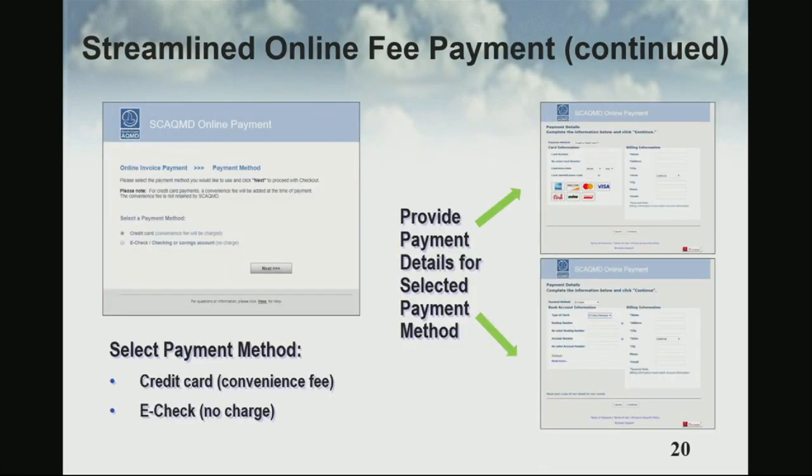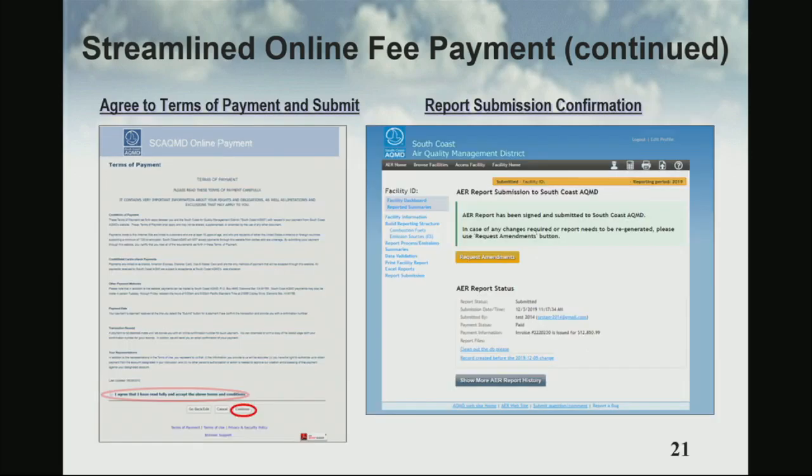So when you go to the next step, it'll ask you if you want to select e-check or credit card for your payment option. If you choose e-check, there's no convenience fee connected to that. However, if you use a credit card, there is a 2.25% convenience fee. After you make those selections, you'll be asked to print and submit. You will receive a confirmation of report submittal.